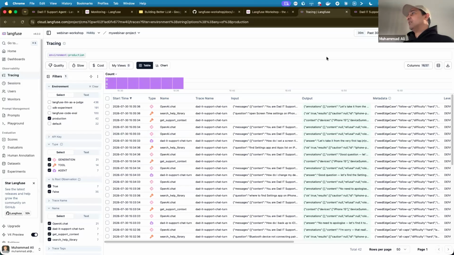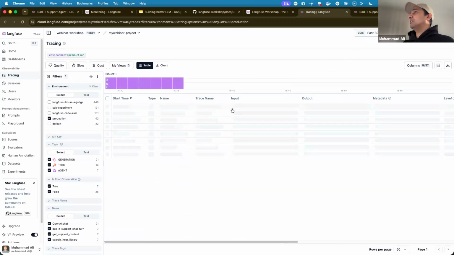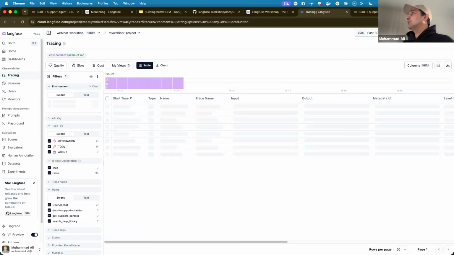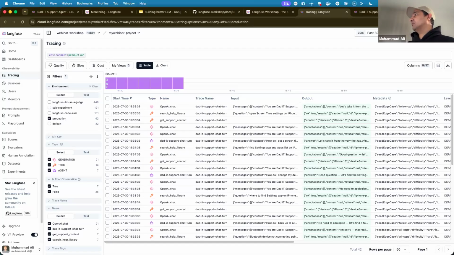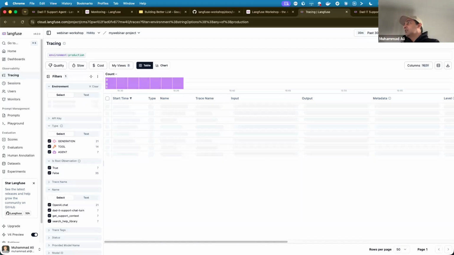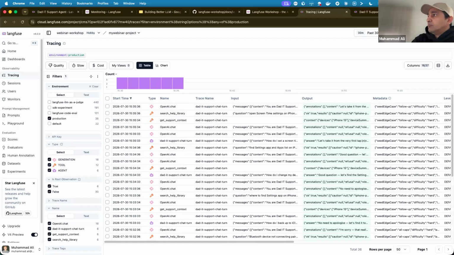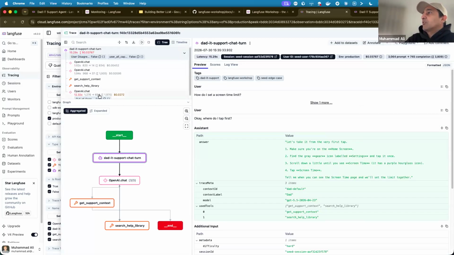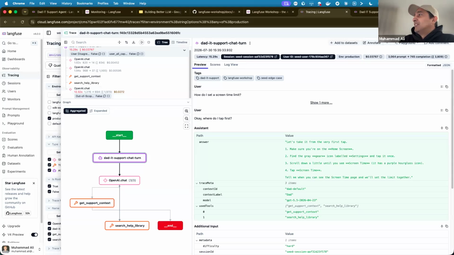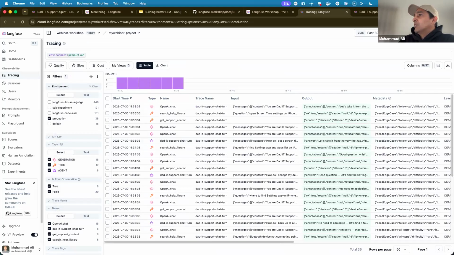I'll kill that, and that should send the data in a couple of seconds. I'm just trying too hard to show you that the out-of-scope evaluation also works. All right, one last try. Come on.